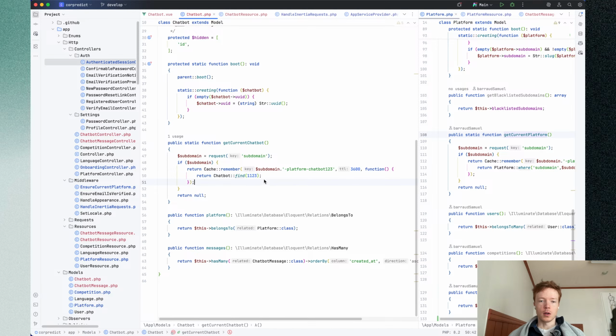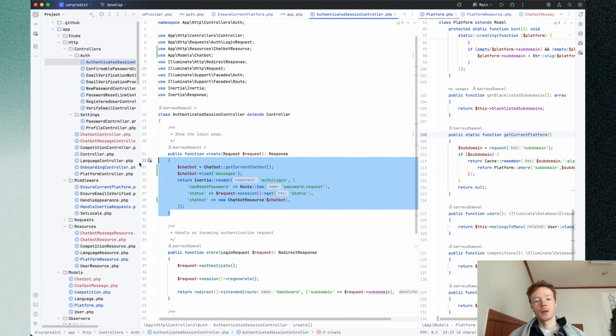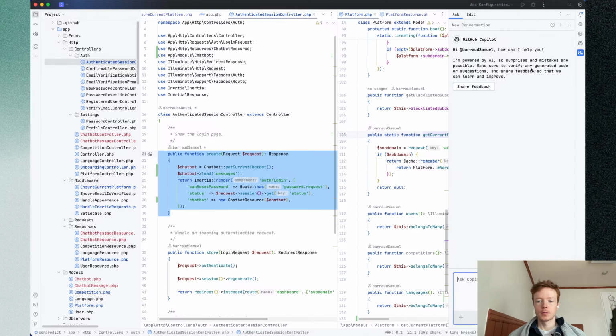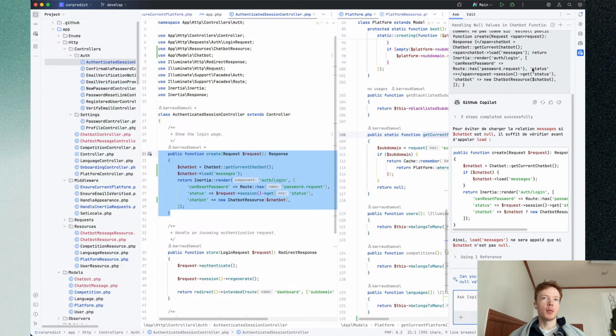But it's just an error, because this is null. That's why I wanted the chatbot to be